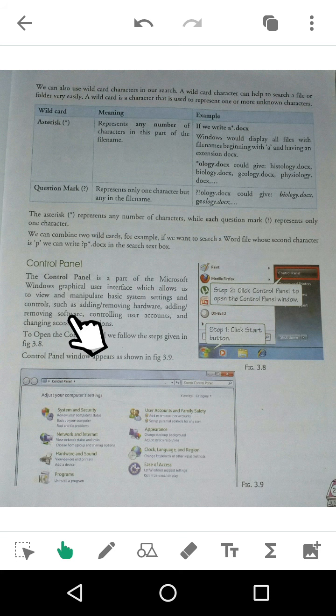User accounts mean your guest account and your main account, and accessibility options means how you want to give permissions. If you are the admin of your computer, you don't want to give all privileges to the guest account, so you can limit the accessibility of your guest account. There are certain steps included. So this is your control panel, and I will explain its various functions in my next class.